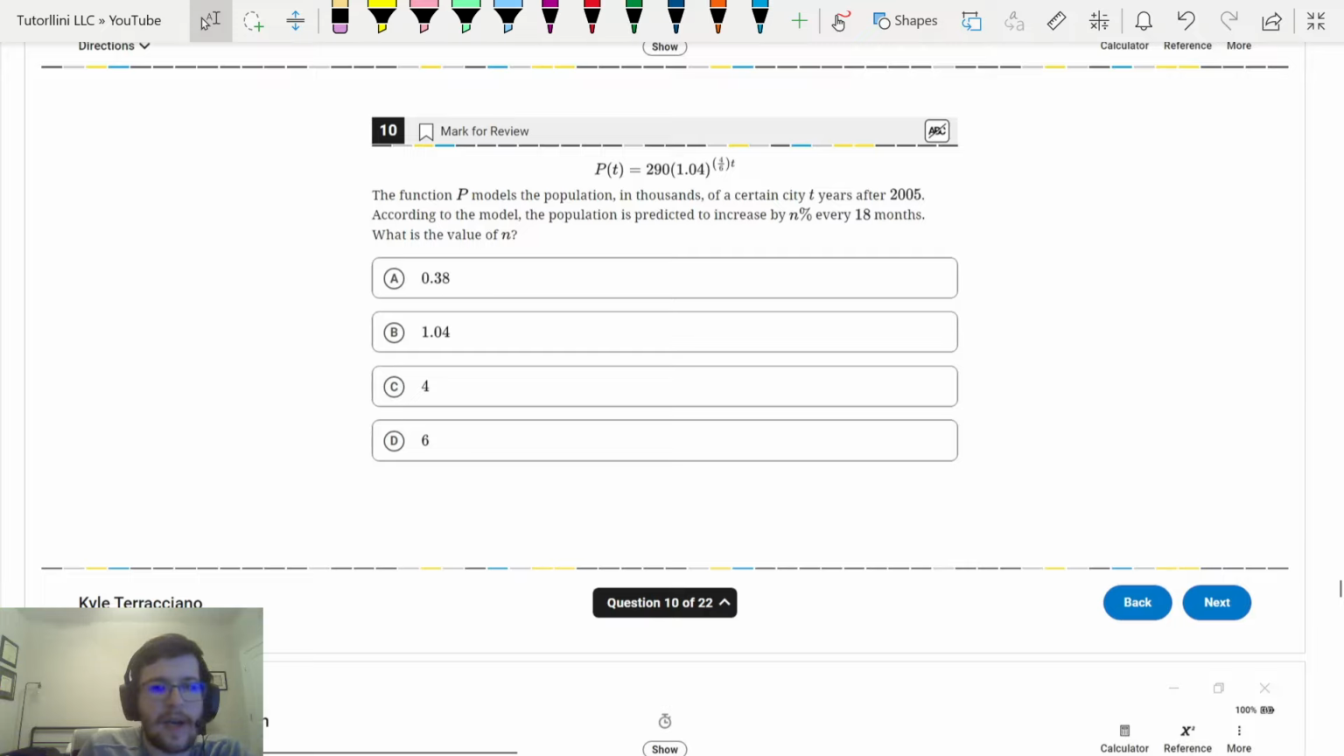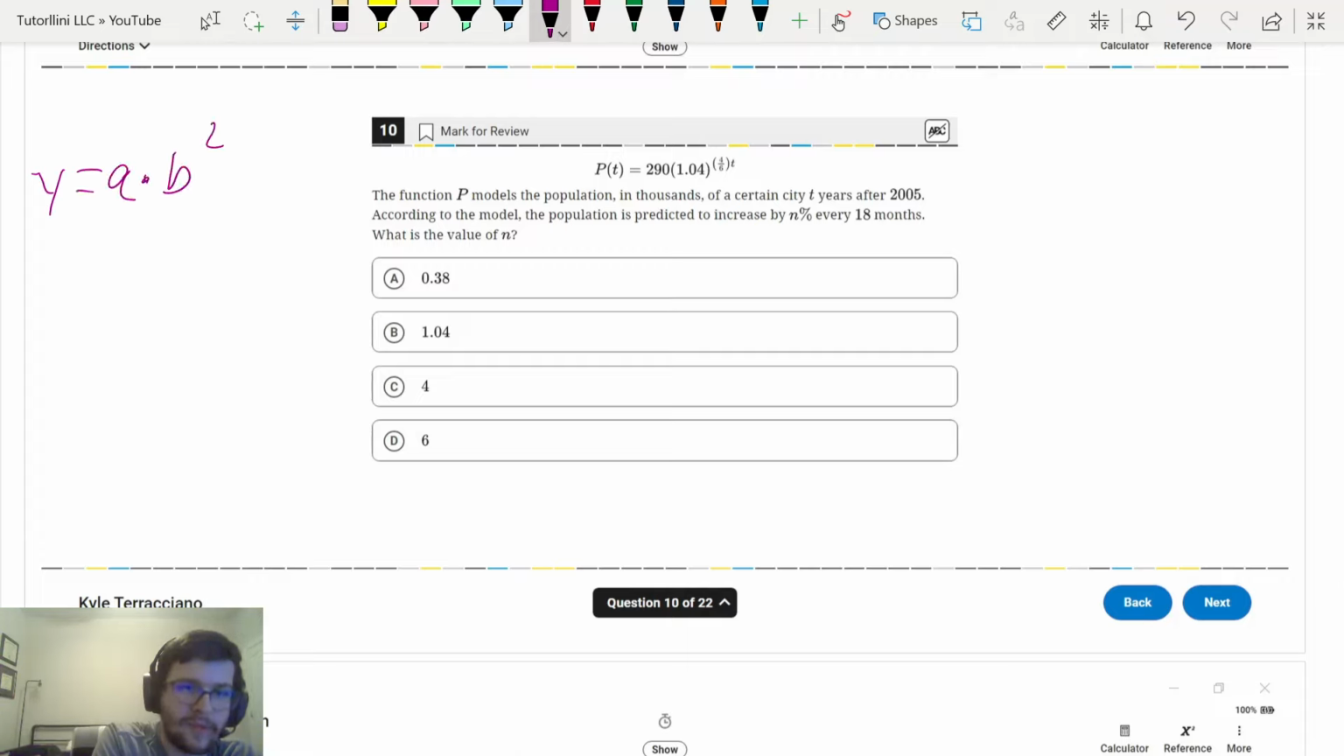Okay, so I just want to elaborate here. Remember that equation I was talking about before, y equals a times b to the t over n. So a is the starting amount, b is the growth or decay rate, and n is the interval. So I just want to point out here, what the heck is the 4/6 and the 18 months? It doesn't matter. You don't need to know this to answer this question, but just in case this was important on another question,